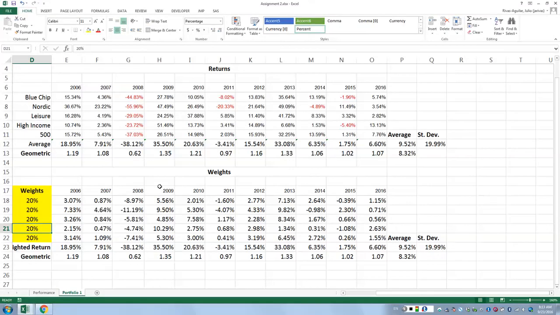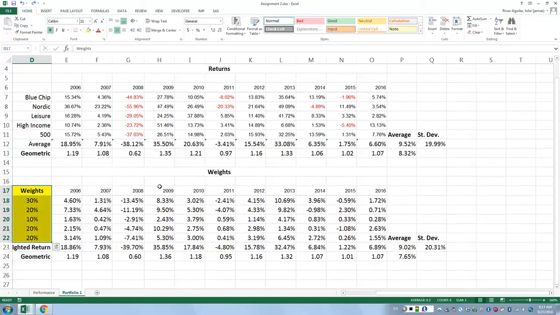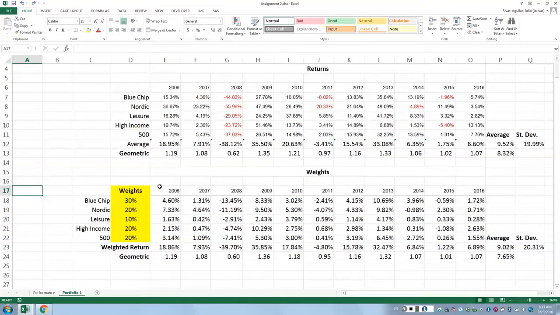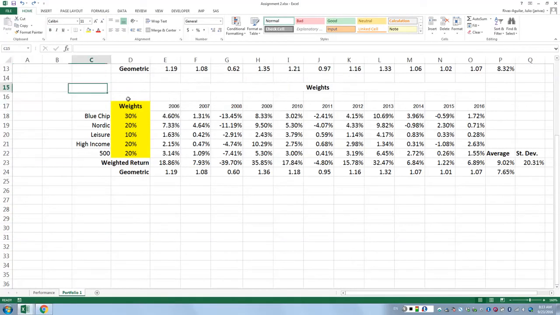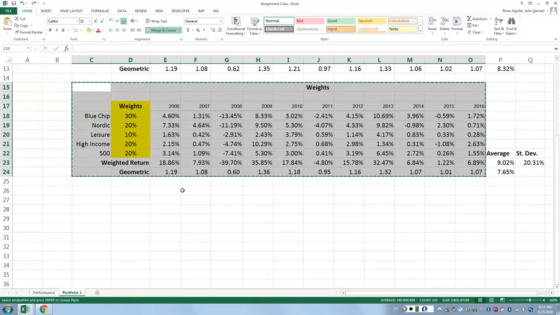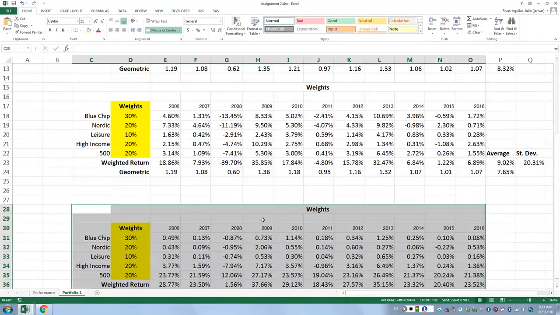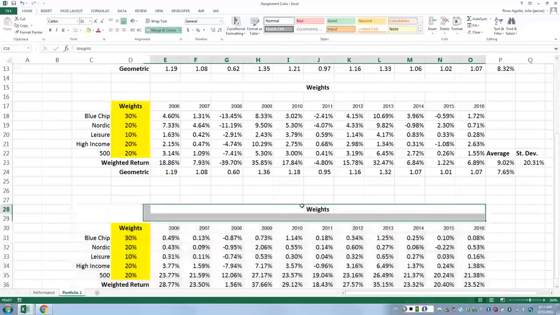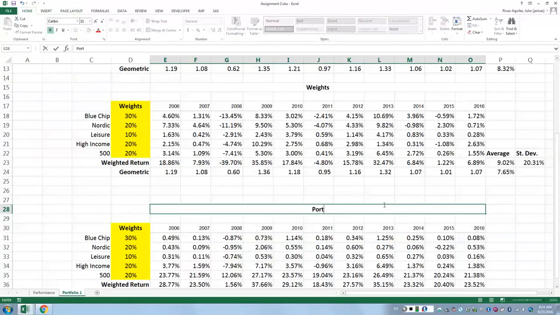Excel does everything. Do not change Excel. Just make sure you have this column that I highlighted in yellow and make sure that all of the other formulas are working, right? Now, I'm going to be copying this just to here. I'm going to paste it right here. And I'm going to call this portfolio returns.